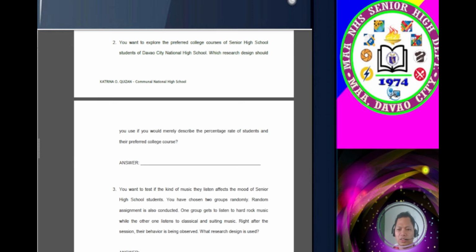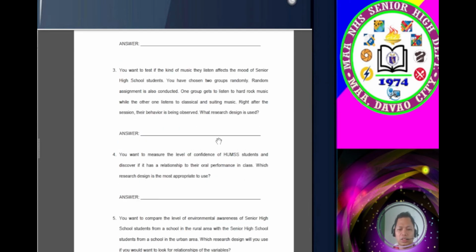Okay, the correct answer is descriptive research design. You have already hit the clue. You will just describe, so this is descriptive. It's more on percentage only and the frequency. Okay, number 3. You want to test if the kind of music they listen affects the mood of